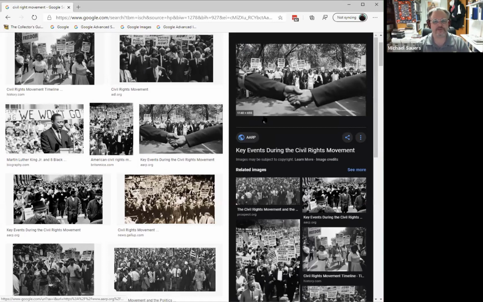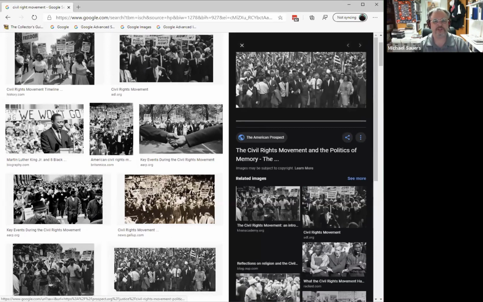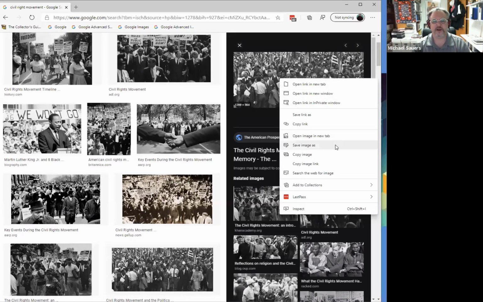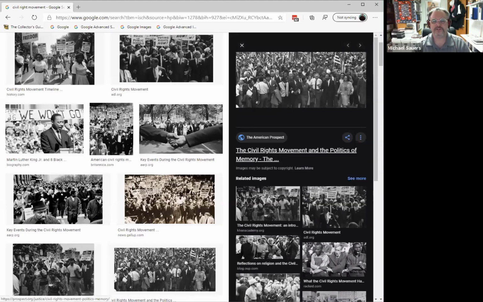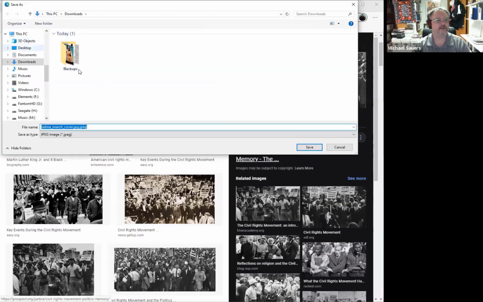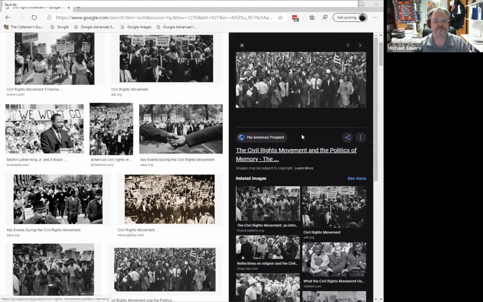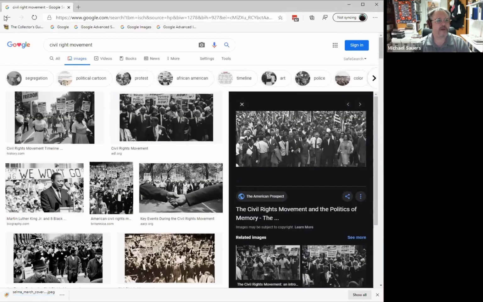So one thing I'm going to do real quick here, to back up and show you something else, is I'm going to pick this image here. And I'm just going to do a quick save of this image to my desktop, which you won't be able to see. It's hiding behind things. And actually, it's going to go into my downloads folder, so that's fine. I'm going to go ahead and back up a page.